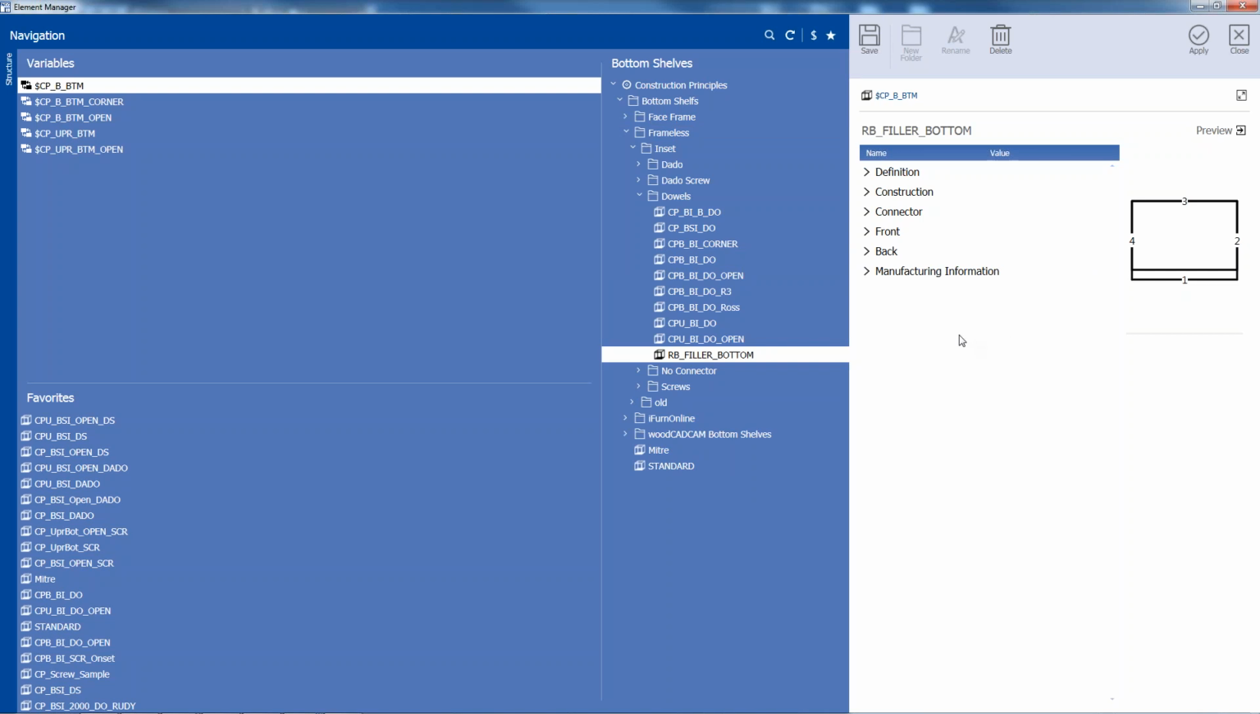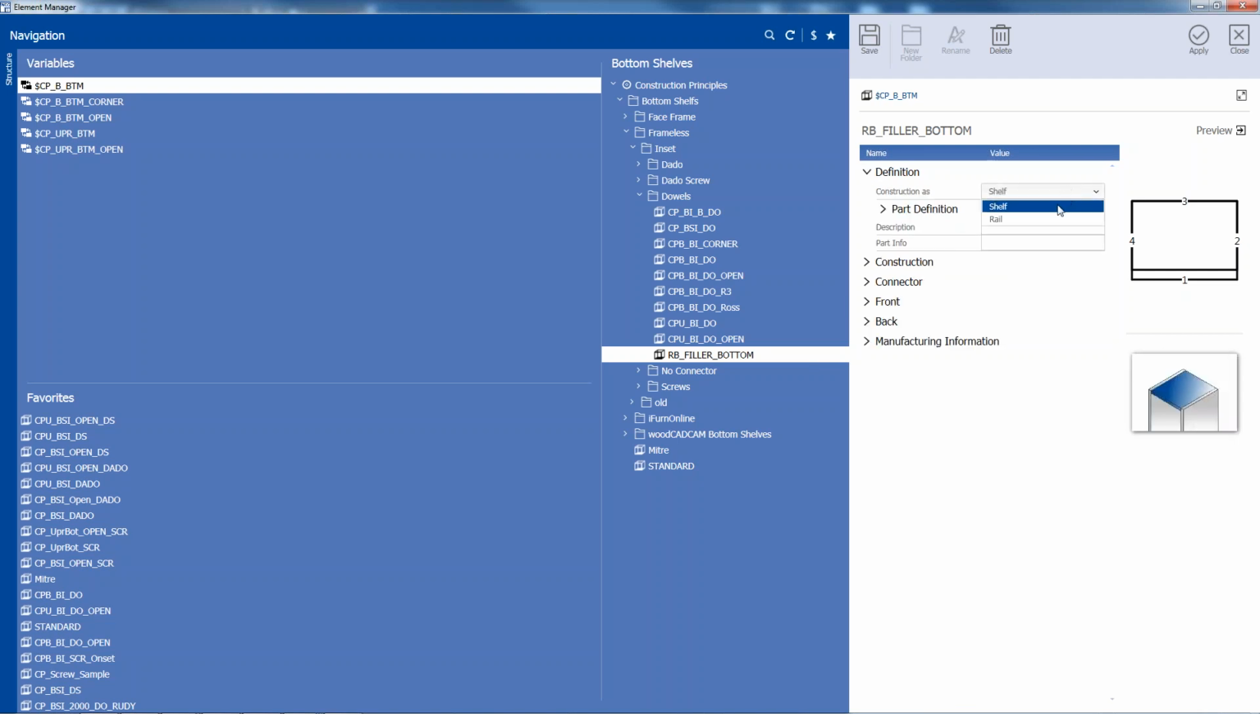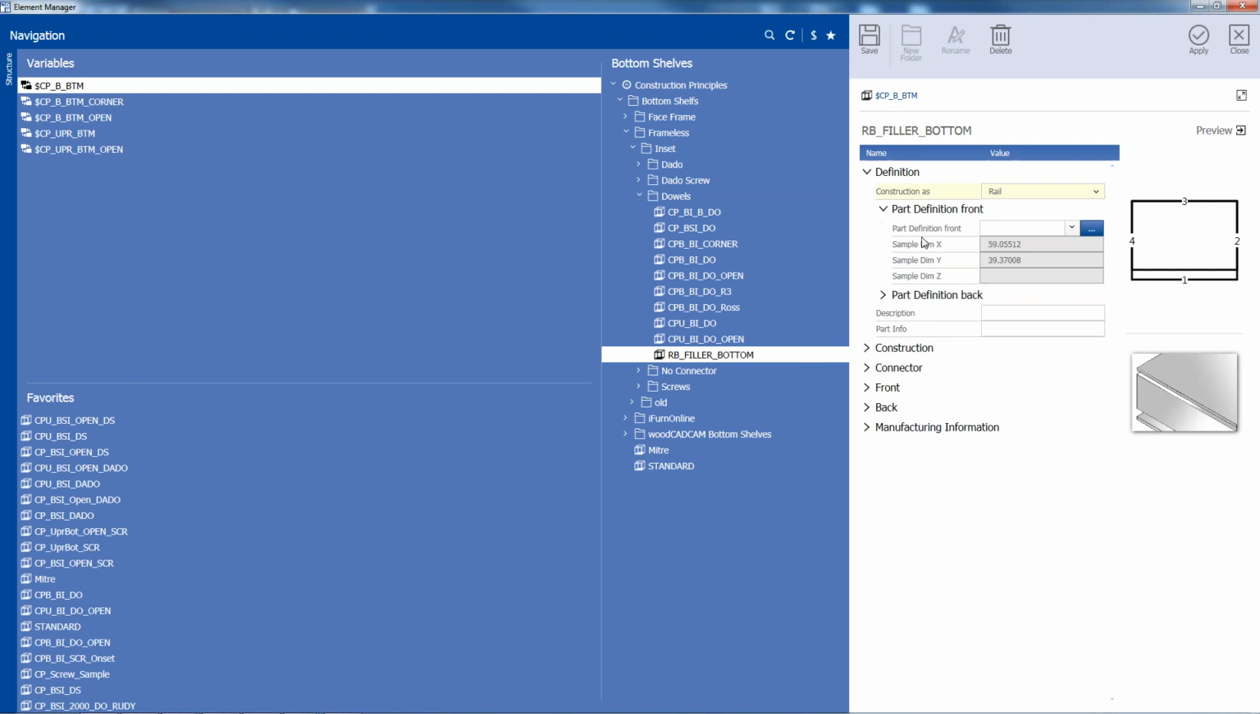So probably same part definition, right? Yes. Oh, let's make it a shelf. It's fine, I guess we can do a rail. We can do the same thing. Part definition front would be the same. Part definition back, just keep it blank. Construction,